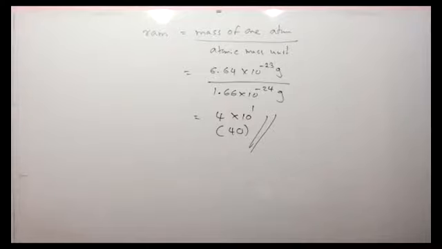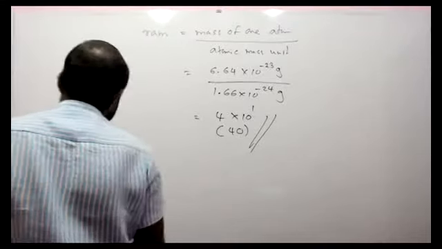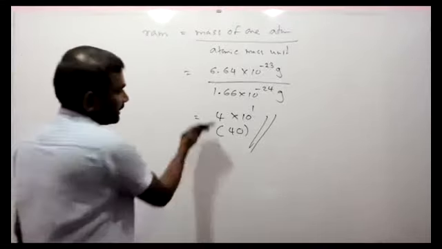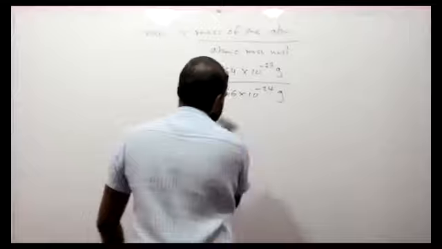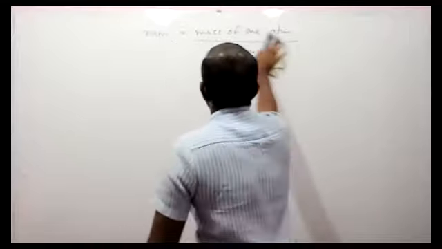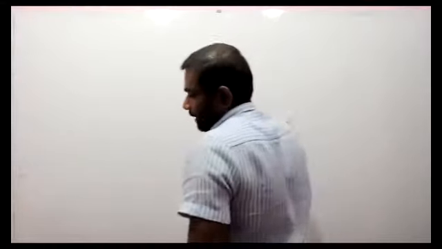Okay, now I'm going to do the second problem. I'm going to erase this. Okay, children, now they are asking about relative molecular mass. The mass of one molecule of a compound is 11.786 into 10 to the power minus 26 kilograms. Calculate the relative molecular mass of this compound.